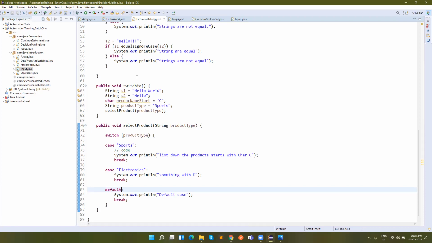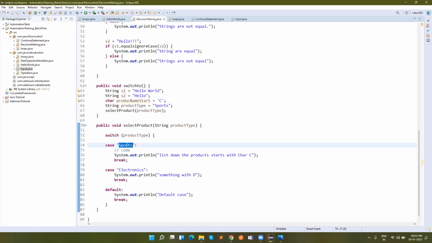So in the if condition, whatever we are checking, we are typing over here. As you can see, I have highlighted in line number 54, s1 dot equalsIgnoreCase. So this is one kind of expression only, right? And in line number 74, sports, right?